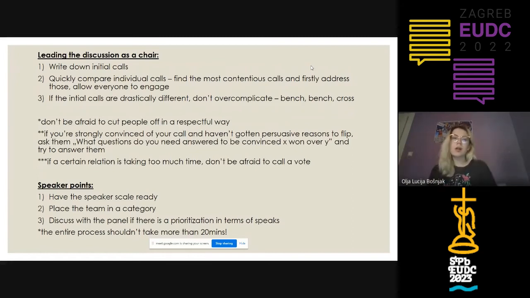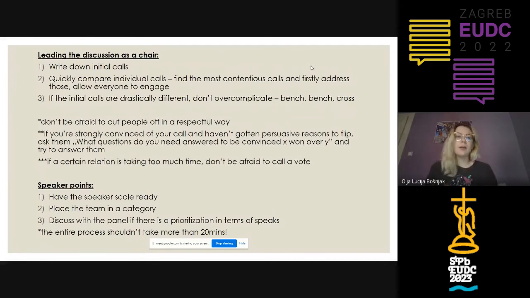It's not scary at all. And I think more important things for chairs, which becomes relevant, is like, look, don't be afraid to cut people off in a respectful way if they're taking a lot of your time or just not really making a lot of sense, and they are taking a lot of your time. It's completely fine to be like, hey, sorry, okay, cool, I get it, but